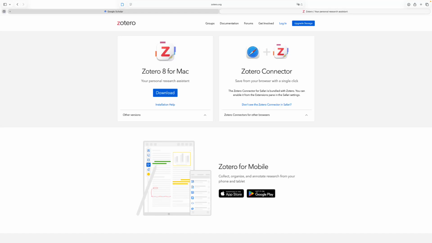Hello everyone. In your class and research, if you read journal articles, books, reports, or websites, have you ever been stuck in collecting, organizing, citing, and managing your documents? If so, Zotero can save you a lot of time. In this short tutorial, I will introduce Zotero, a free tool that helps you collect, organize, cite, and manage your